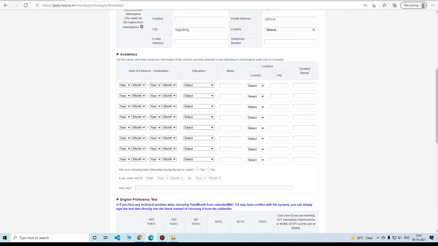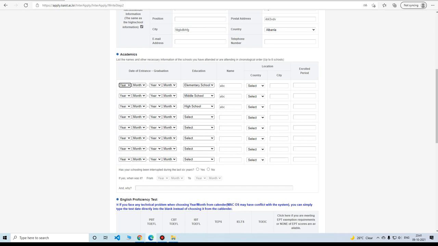Type in all the information and all the schools you attended. Now if you attended the same school for most of your study period, let's say you entered ABC school, you'll have to type it at least 3 times, like this.